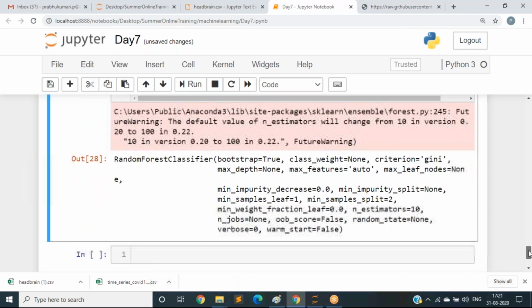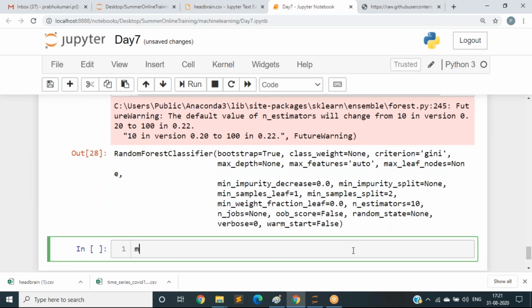Let us predict also. After seeing the score, we should predict the values. y_predict equal to model.predict of x_test.